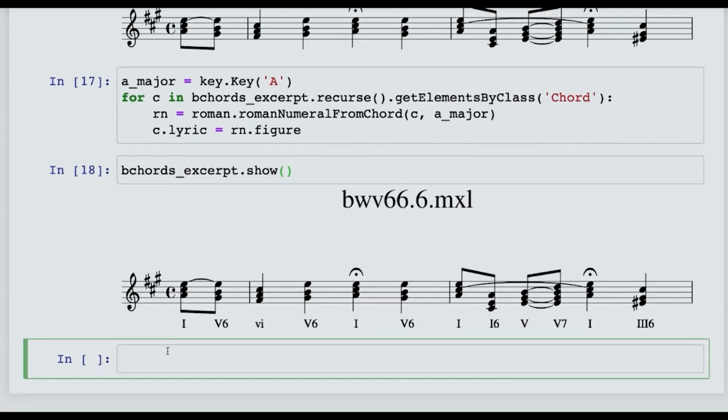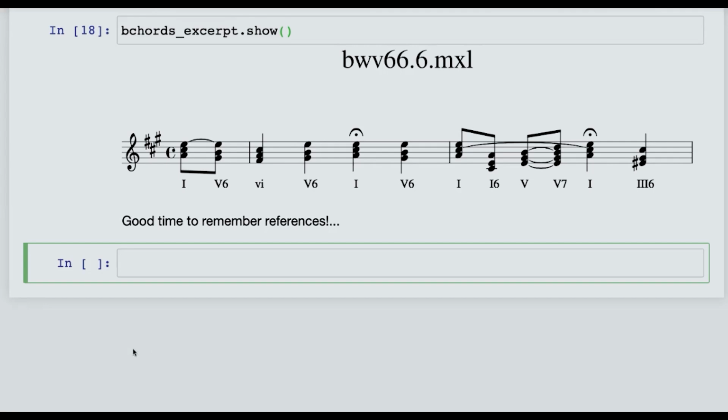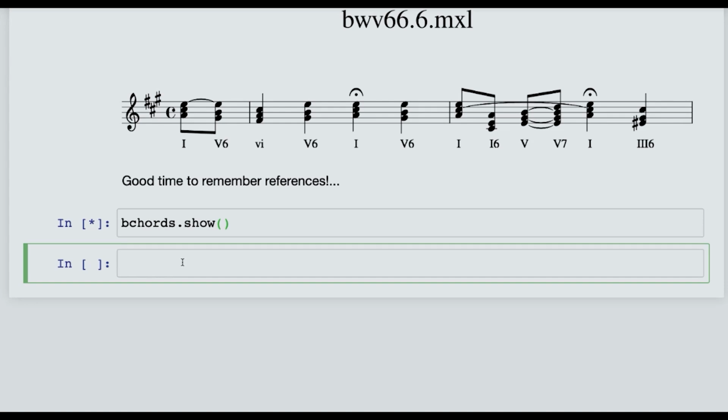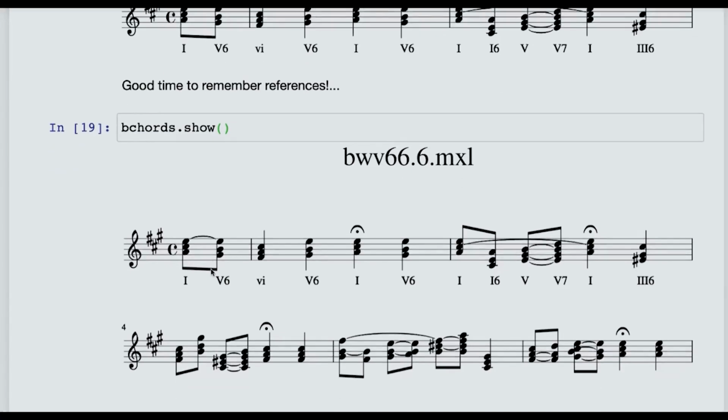And we can see, okay, it's quite a bit simpler. We have the 1, 5, 6, things like that. This is actually a really good time to think about references, because we haven't really talked about this. So this is just the excerpt of just the 2 measures. When we go back and look at all of the chords, one of the things you can see is that